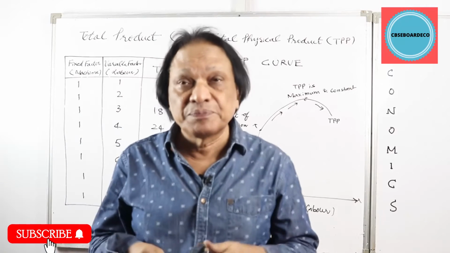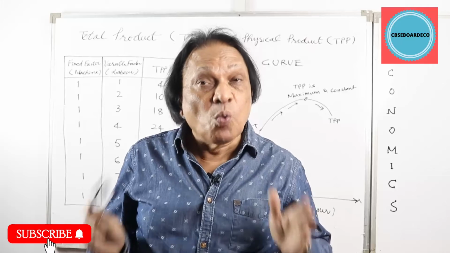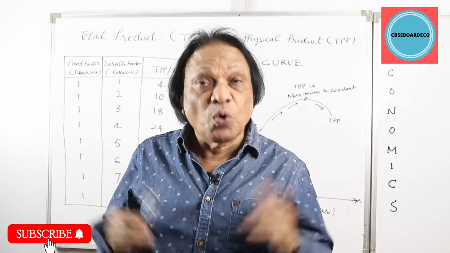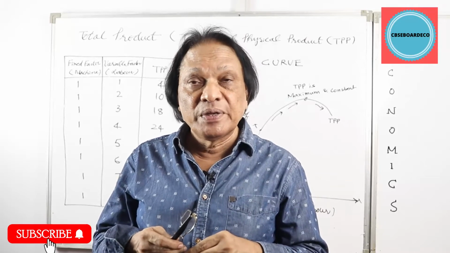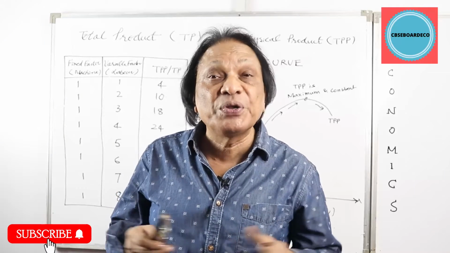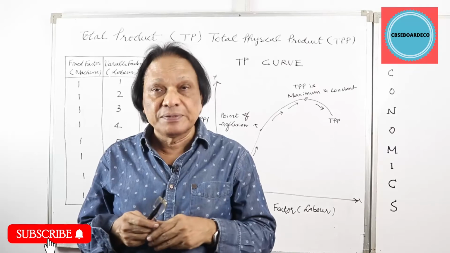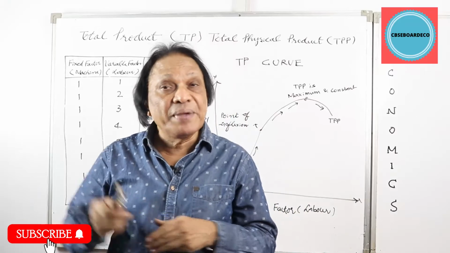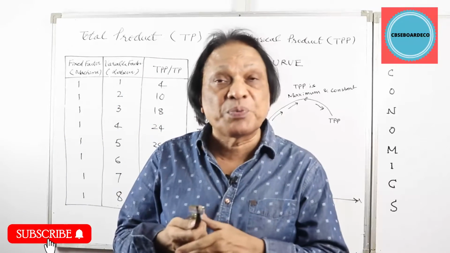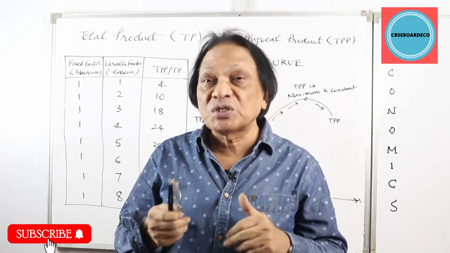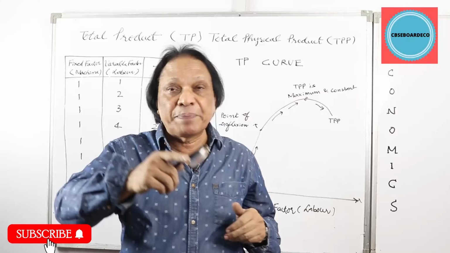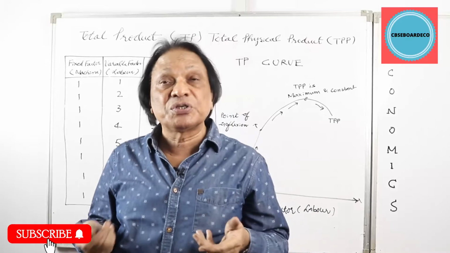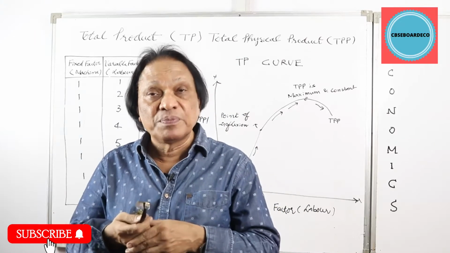I'm Saddam Hussain here. Today we discuss what exactly is total product, what exactly is total physical product, what exactly is total output, in the chapter Production, Producer Behavior and Supply. The main aim of the producer, the main aim of the firm is production. So the firm wants to produce. It can be pens, tables, furniture, books, anything, shirts, shoes. That's the main aim of the firm.